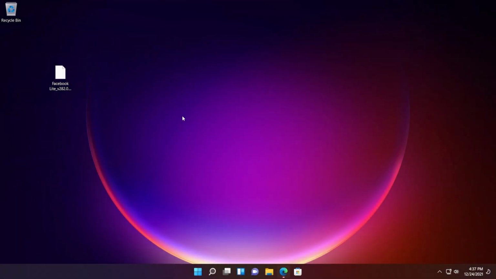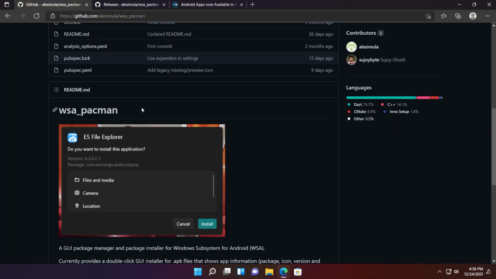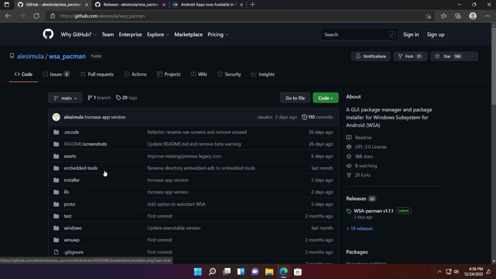In this video I'm going to show you yet another method of installing APK files for Android apps in Windows 11. Since Windows 11 officially launched the Windows Subsystem for Android, I showed you a few methods that can help you install Android apps, the Google Play Store, APK files and so on. But I'm going to continue this series by showing you different tools and apps that can help you make this process a lot easier. So in this video we're going to talk about WSA-Pacman, which is a really nice app